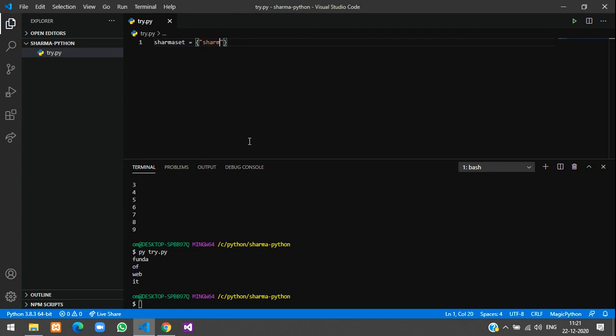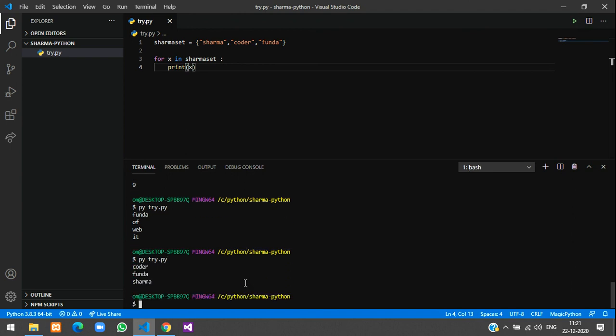Let us give Sharma, and comma, coder, and let us give funda. Okay, so three items. Now let us use a for loop: for x in Sharma set, colon, print the x value. So now let us reload the page and run the program.